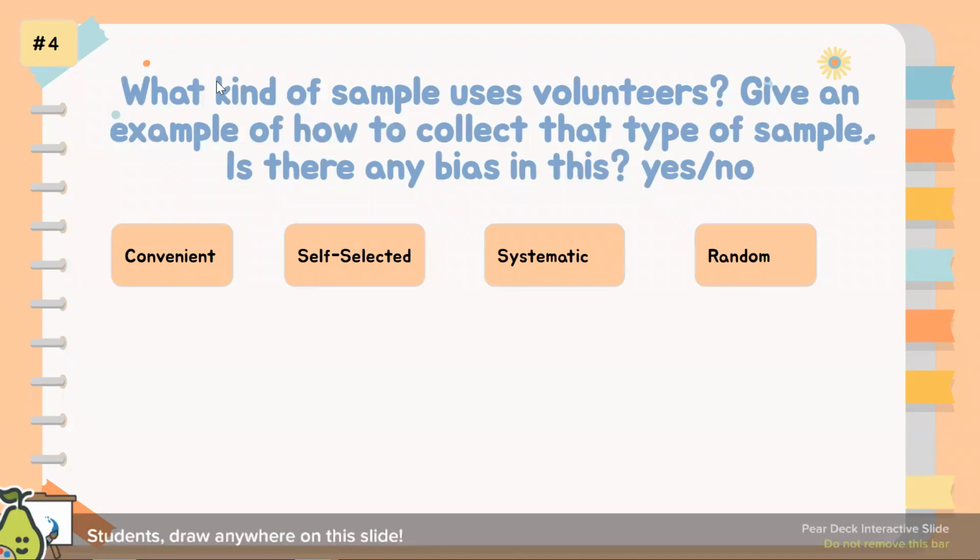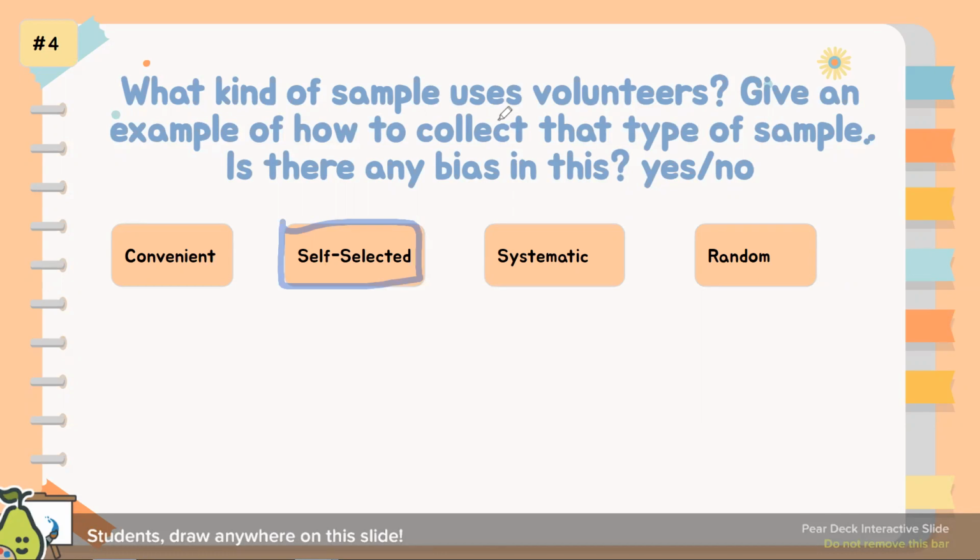Convenient would be like you taking a survey at the park. It's convenient for the park goers. It's convenient for you to get people to take your survey and collect a sample from that population. Self-selected would be where you're advertising it somewhere and people volunteer to answer the survey that you're asking of them. So straight away, we know self-selected for sure uses volunteers, but let's keep refreshing our memories and going through the